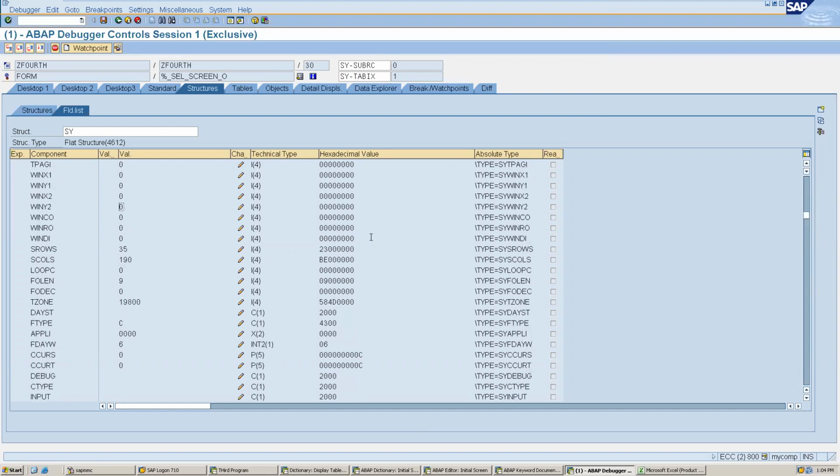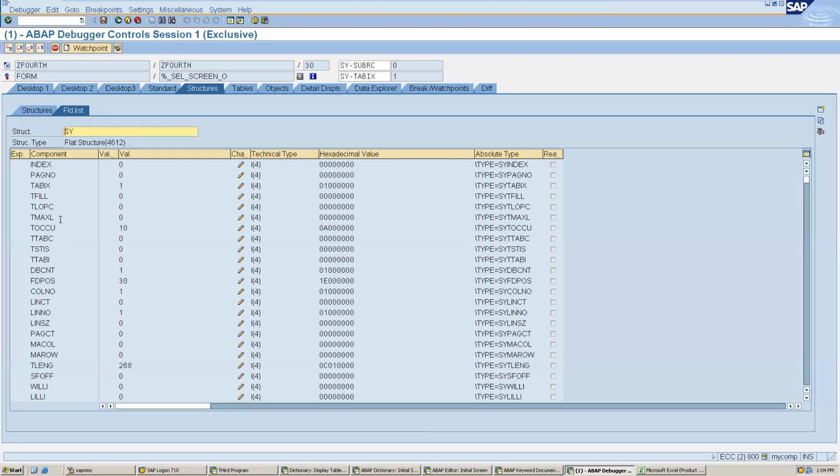This sy structure is very important. This is a predefined structure. You can see here it has so many fields, and these fields we can utilize in our programs. For example, we were utilizing sy-tabix or sy-subrc, right? These two parameters. Likewise, we have different parameters over here.